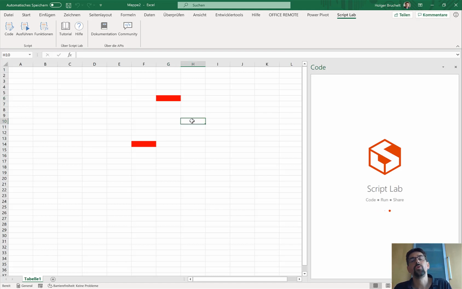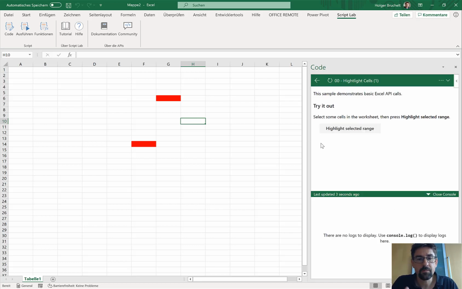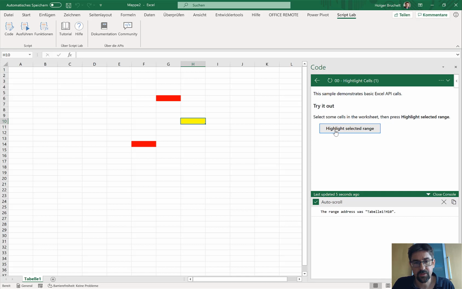So why am I showing you this? Well, the thing is, since this is all TypeScript or JavaScript in the end, you can select your language there. You might remember, obviously, that SAP Fiori is also JavaScript and HTML and CSS. So why not leverage some of the things that we're doing with Fiori also here in Excel? And that's something that I've done